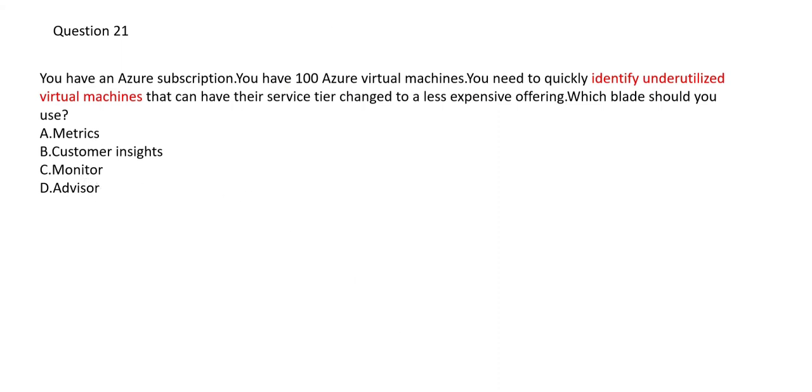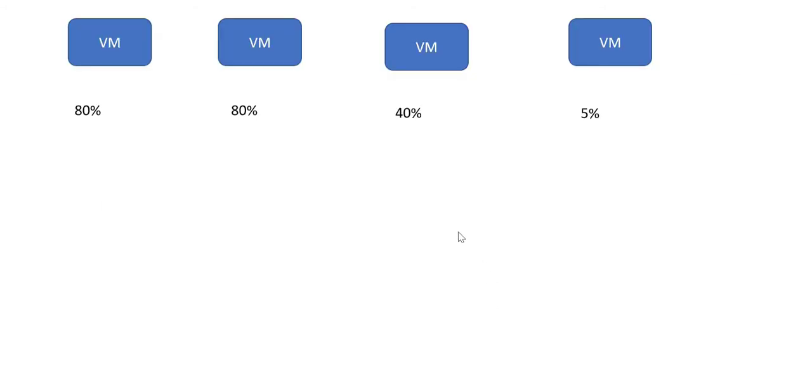Let's see Monitor. As the word monitor suggests, if you have a manufacturing plant and someone says in the control room, monitoring has to be done, that means they are trying to monitor if the plant is running fine, if there are issues with particular components, and if action needs to be taken so that your plant can keep running faultlessly. It should not shut down in between. Similarly here, we will use Azure Monitor to monitor these VMs.